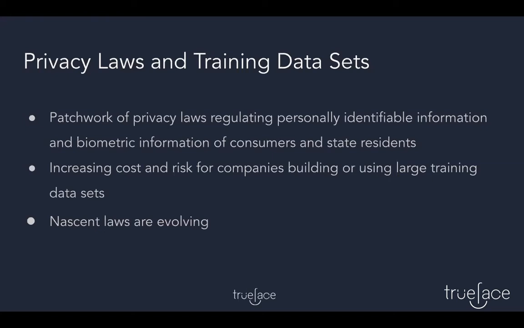Now, I don't want to be misunderstood. A number of US states have extensive consumer privacy laws. Here in California, we've got the California Consumer Privacy Act. Voters in the November election in California just passed CPRA, the California Privacy Rights Act, that's going into effect in 2023. Those acts generally allow individuals to opt out of the sale of their personal information to businesses. And as I said earlier about Illinois, Texas and Washington are two other states that have enacted laws directly regulating facial recognition technology. And there's been a bunch of lawsuits about it.